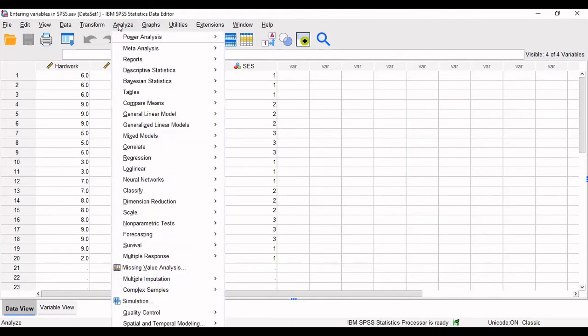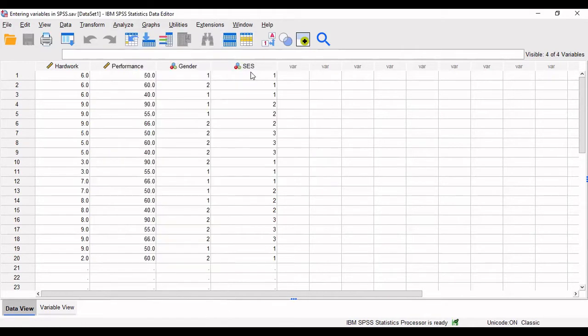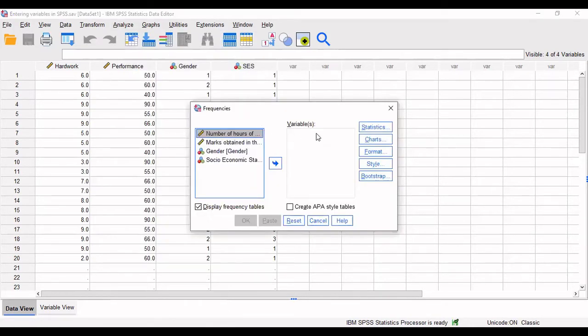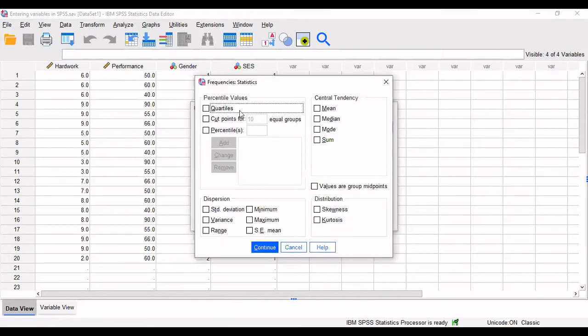We will go on analysis and then on descriptive statistics, we'll click on frequencies. Here there is a variable box, and it asks you whatever variable you want to perform the test on. So you can move that in the variable box. So let's say I want to perform on marks obtained in the examination. So I will move it here. Then on statistics, you can click and here you can see you can do the calculation according to any of these.